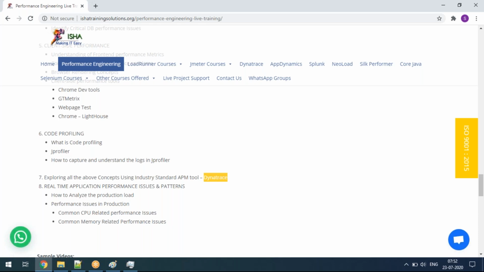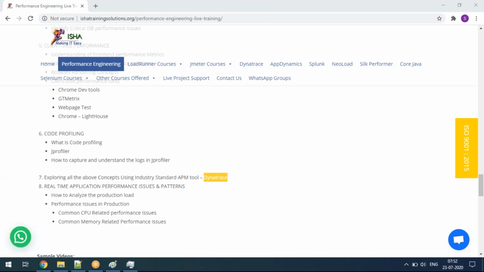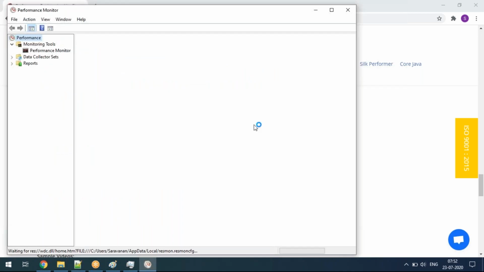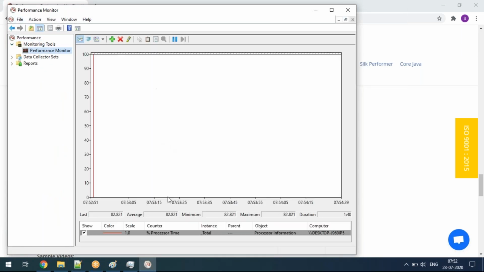Perfmon, it is like, just a minute. You go to your Run and then enter perfmon. It is actually monitoring my Windows machine now. Okay, you can see it is processing. My CPU utilization is trending between 80 to 40. You are able to see this now, right? Yes. This is Perfmon. In this, what are all the metrics there, what is the infrastructure monitoring that you are going to do, that I'm going to explain.